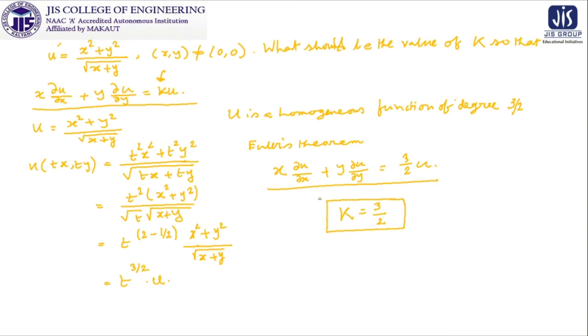So these are very easy problems that you can think of. Like that, we can have another problem of similar type where f of x y is equal to tan inverse y by x plus sin inverse x by y. Whenever some inverse functions are coming, we can think that they may be complicated. The question is, find the value of x del f del x plus y del f del y at the point 1 comma 1.